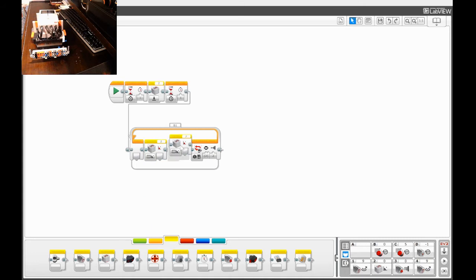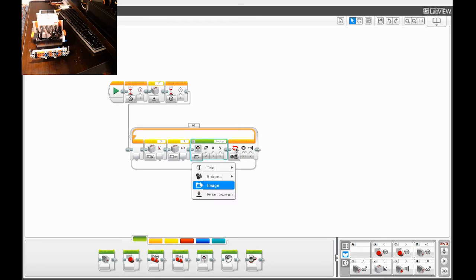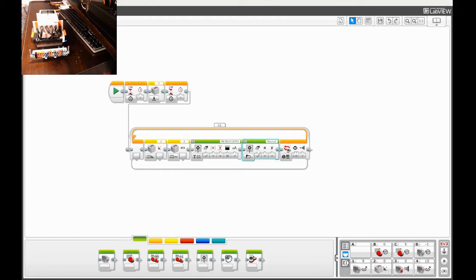Okay, now we're going to want to read the gyro. We put this out, and then we're going to measure the angle and measure the rate. And now we want to display it on the screen, so we know what's going on. So if we pull these out and make them text and grid,